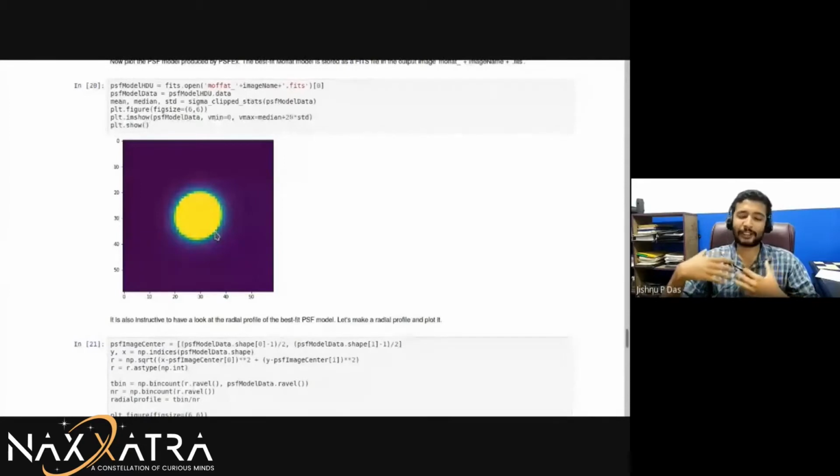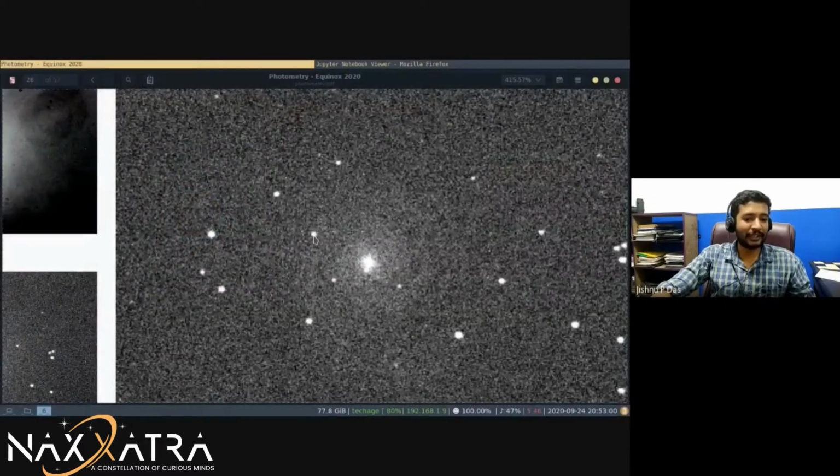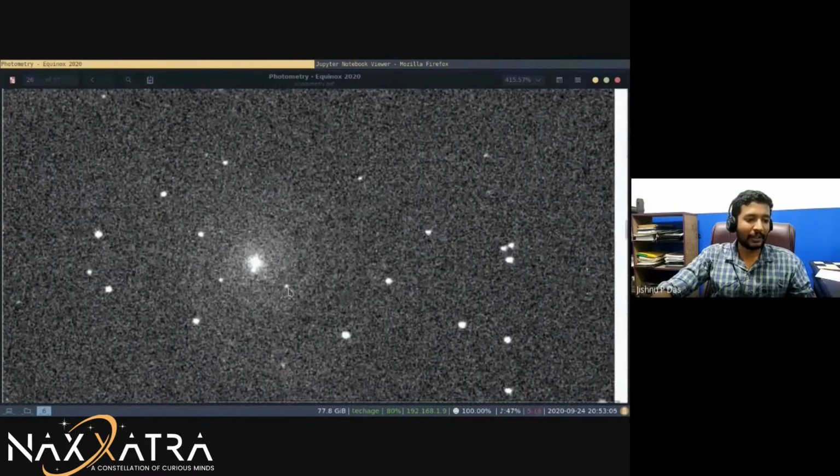It's like a mask. If anybody is familiar with Photoshop, it's like a mask. It's like a template that we have cut out for each star, and we are putting that template on that star. Similarly, when we were kids, we used to make rotis and put a plate over that, cut out all the extra bits, and you get a round thing. Something similar, except here the template is rather oddly shaped. So that's the PSF.